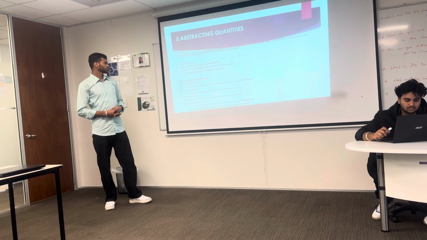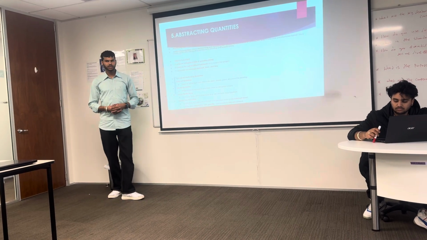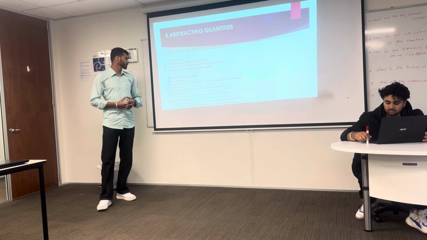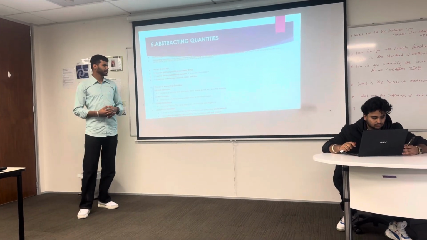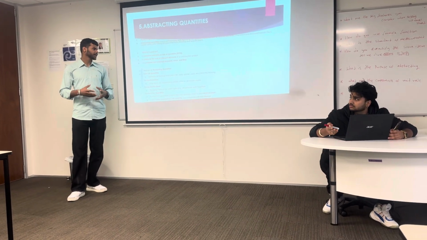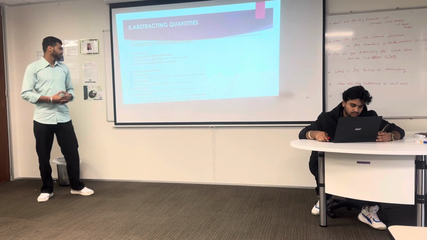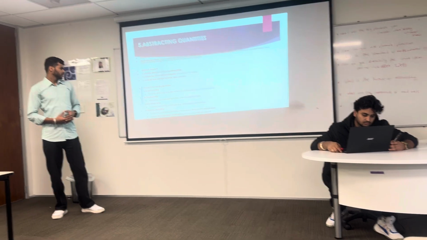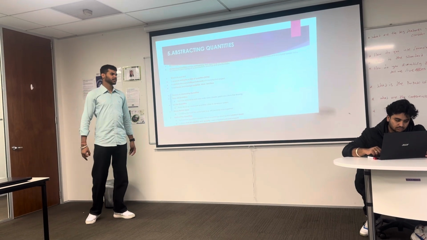Analyze the cost of different elements of the construction project. So the abstracted quantities also analyze the cost of the elements that are being used in the construction project, to compare and manage material, labor, and time. So it is also used to manage the material, labor, and time so that the client can get the project completed on time. So the process of abstracting quantities: first, take off quantities. The second one is use the quantities. The third one, group similar items, and the fourth one is abstract the quantities.